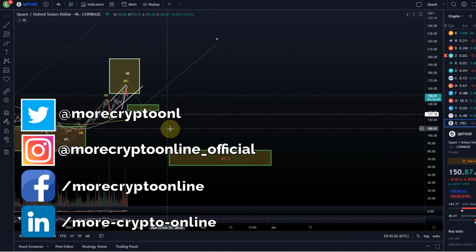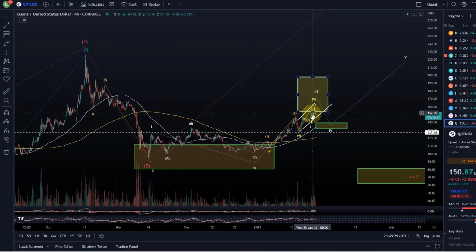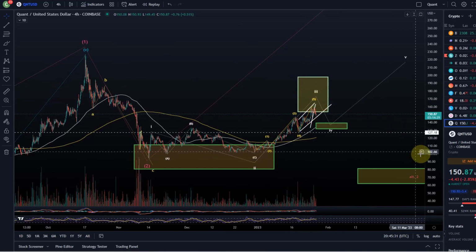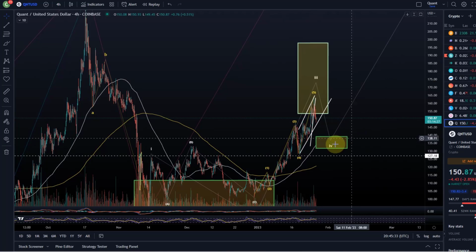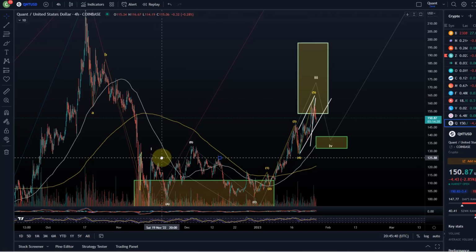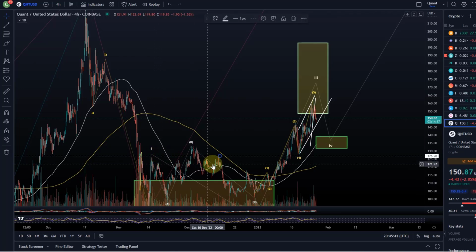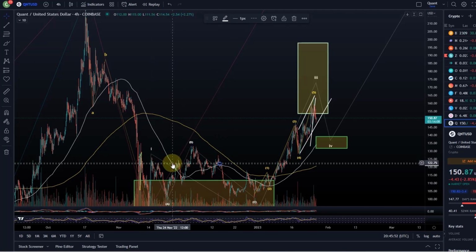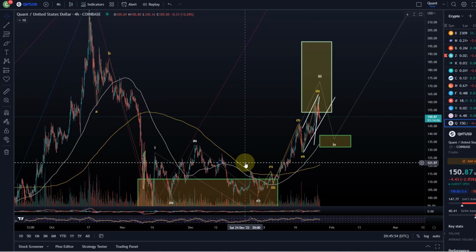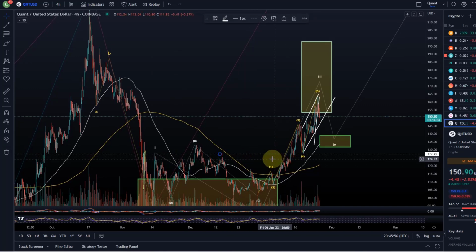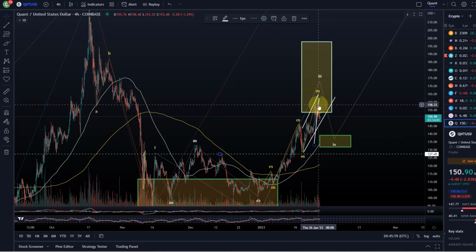So obviously we have reached this target area. With that, the expectation has been fulfilled that after the breakout above $127, so actually it was a little bit lower, this $126 level, but then we had that other resistance here as well. So in that range between that swing high from the 14th of December and this wave one high from the 15th of November, after the breakout of that range, the market would move into the target area here,